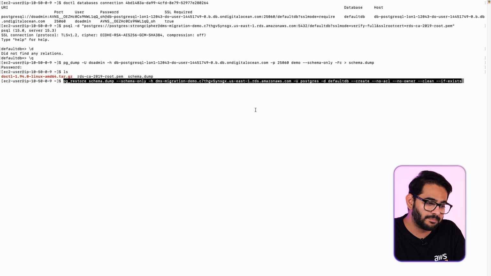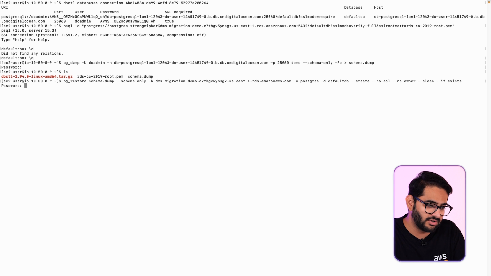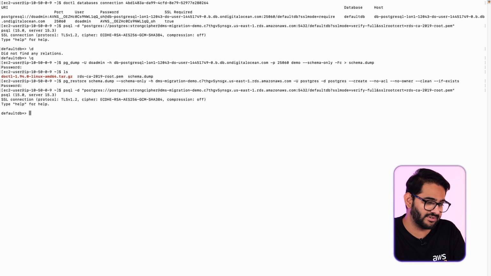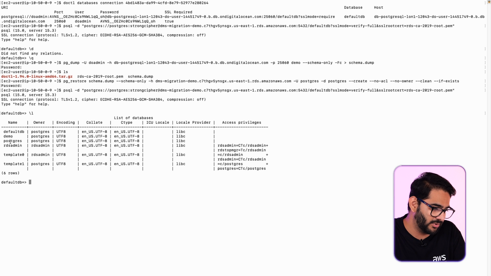Now I'm going to use the pg_restore command to upload this schema to our RDS database, so that we will have a skeleton of our schema ready in our RDS. So just to verify if the pg_restore command worked, we are going to log into our RDS database and see if we have the new database and the schema uploaded.